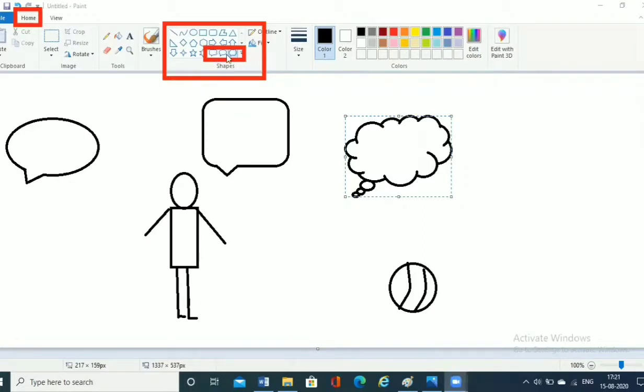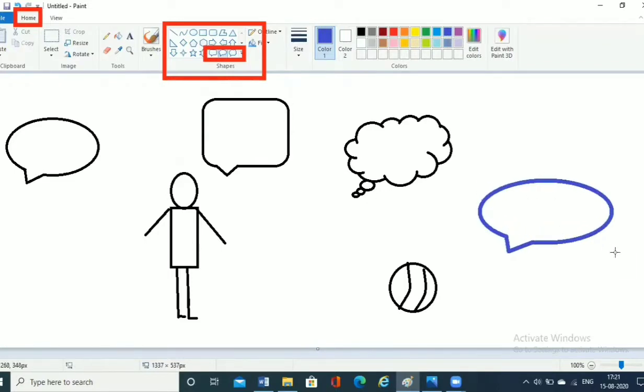For example, I'm choosing an oval callout. Once I choose the oval callout, I can even choose the size or the border or the margin of the callout, how much thick it should be. If I choose the maximum and then I go ahead and choose the color of the callout, then the margin color of the callout is being changed, and this is the color which I have chosen for my callout to be displayed in this color.